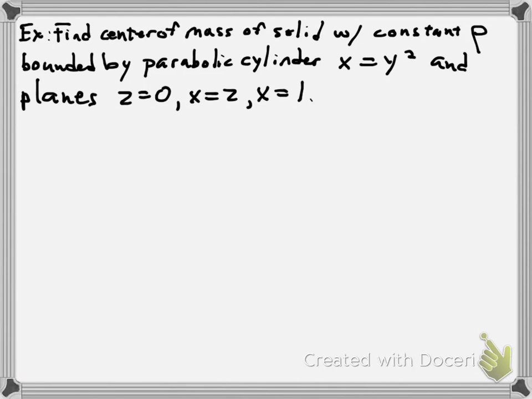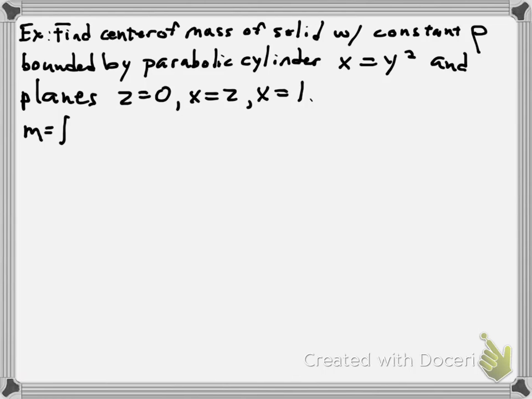Okay, so the example we're going to do is we're going to find the center of mass of a solid of constant density that is bounded by the parabolic cylinder x equals y squared and the planes x equals z, z equals 0, and x equals 1. Okay, and so first thing to compute is mass. So we're going to have mass equal to, we're going to set up an iterated integral